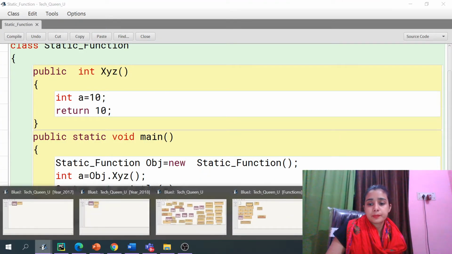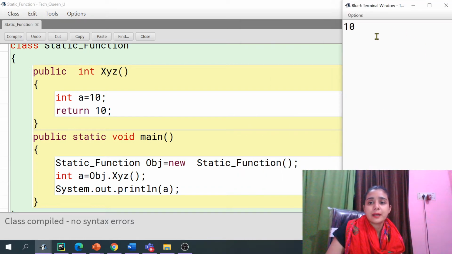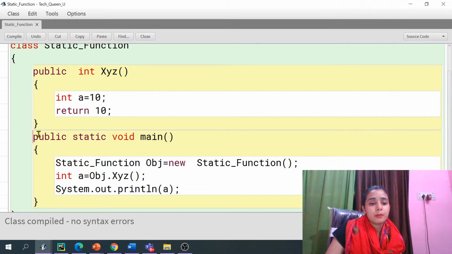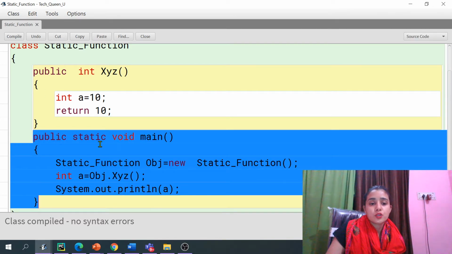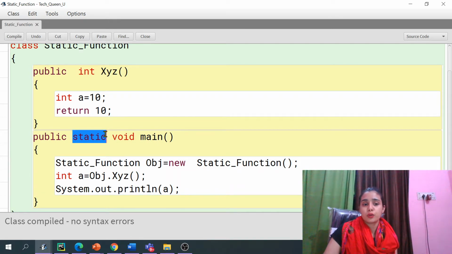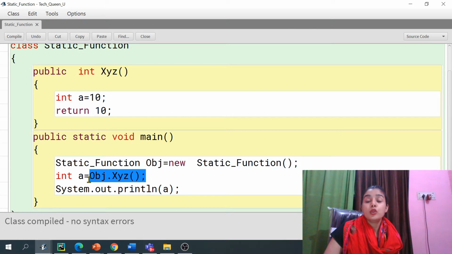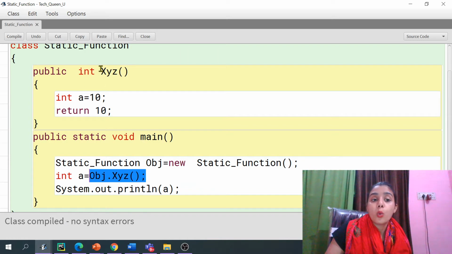See guys, what we have done: if I compare the answer with the console window, first of all the compiler will find this. This is your engine. The static method works like an engine, like a train engine, right? So this method will work first. Now we enter inside this function, and here you have created the object of this class, and with the help of this object you are calling the function. Which function?